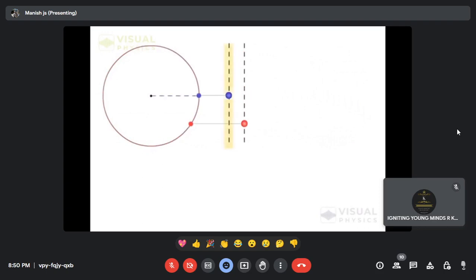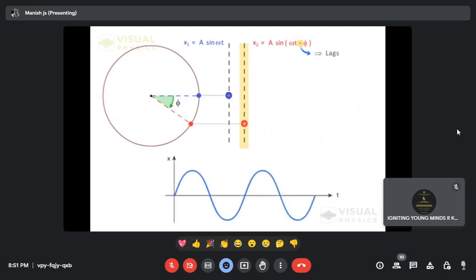If we represent this SHM by such an equation, then this SHM, which is behind the first one by a phase of phi, will be represented by this equation. If we plot these equations, then this SHM will be shifted towards right by an equivalent phase difference of phi,